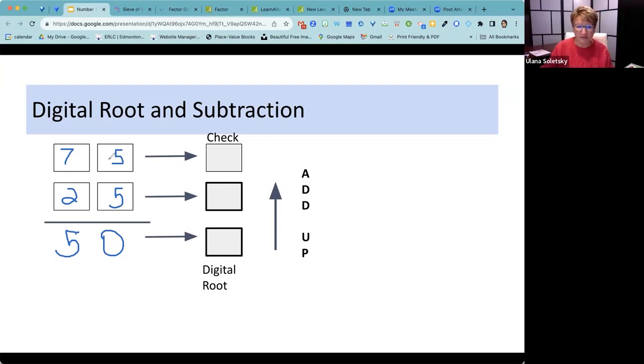So what's the digital root of 75? 7 plus 5 gives me 12, which means it is 1 plus 2, and that's 3. And 2 plus 5 is 7. What's the digital root of this? And again,